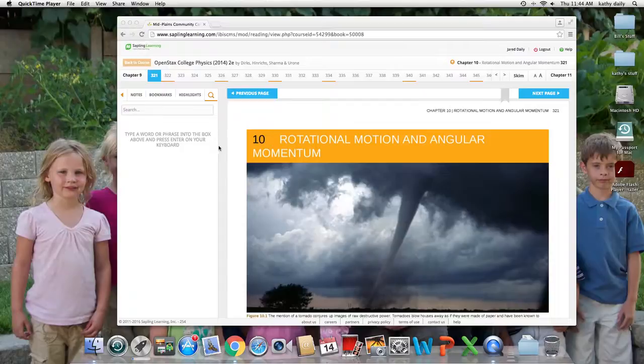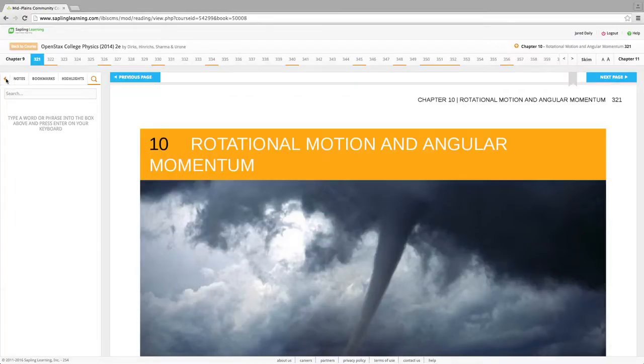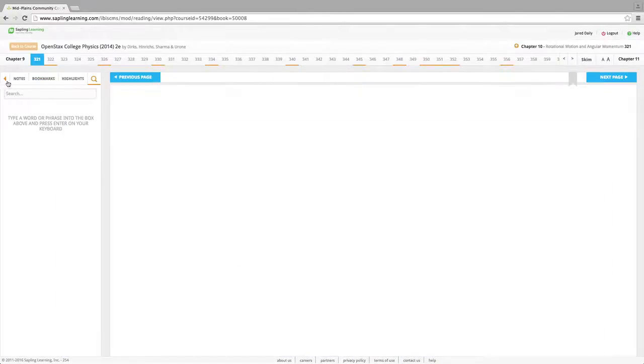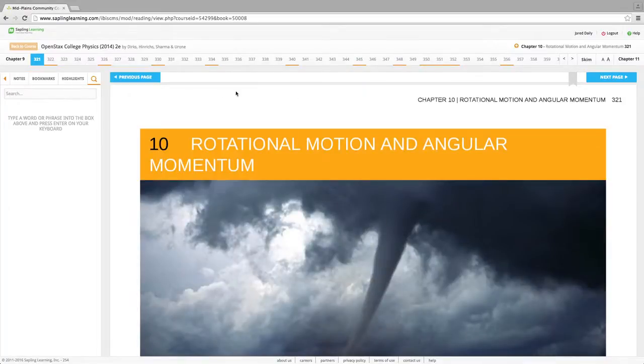We're recording. Okay. So rotational motion, angular momentum. Let's talk about what angular momentum is. We've already talked about torque, and we've talked about these relationships between linear motion and rotational motion. So the angular momentum is obviously